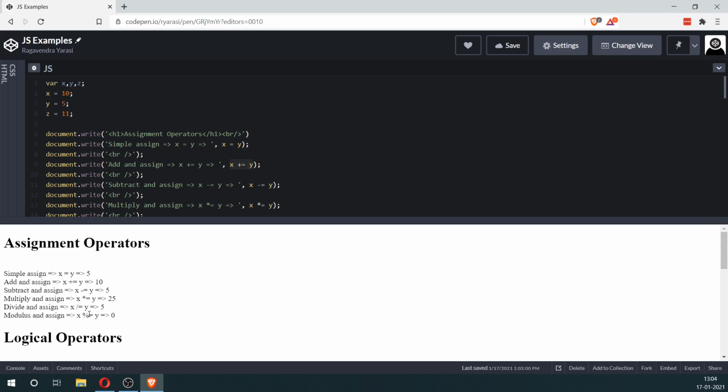And modulus and assign, this will basically be 5 %= 5, and that, as you know, has no remainder, so the remainder would be 0. So I hope this was clear. If this was not clear, please watch this video once more and look at the examples, and I would insist that you try it on your own. Only then you'll get a sense of what's going on here, because I did a lot of things in a very short amount of time, but only if you practice it, you'll get a sense of what's happening here. And we'll look at how these things are useful as we move forward.